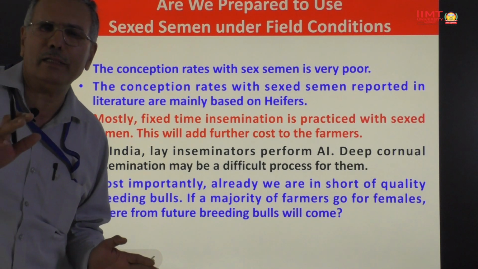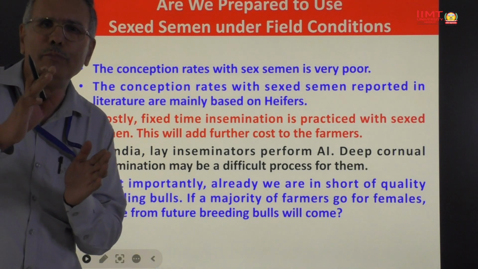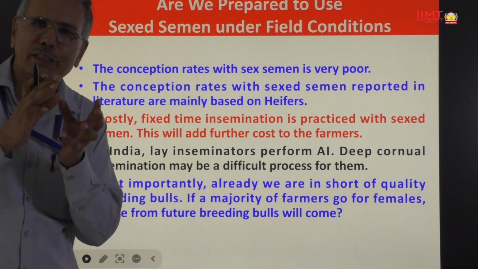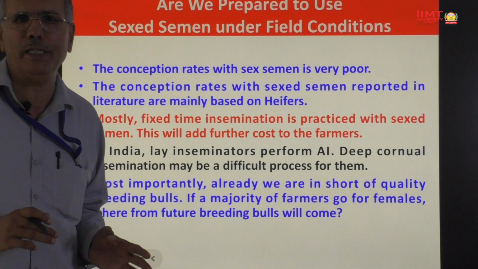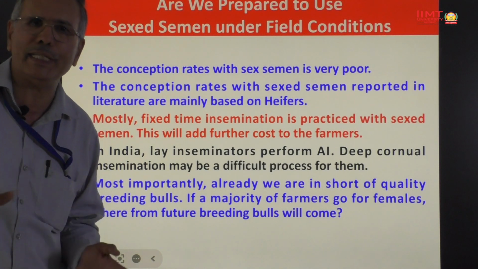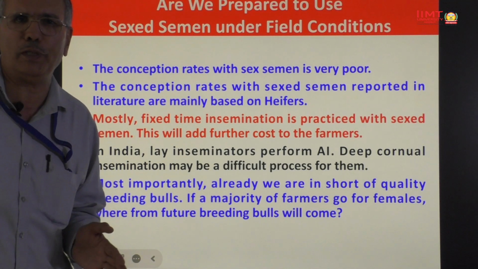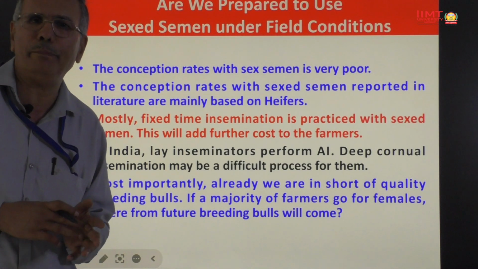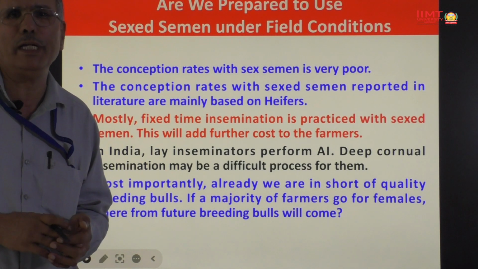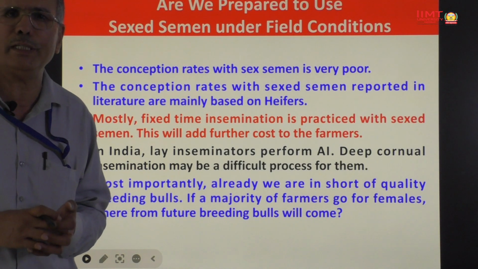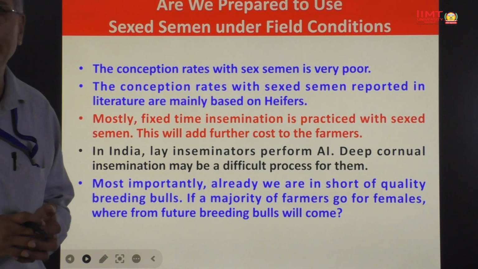सेक्स सीमन का यही है कि हम फीमेल प्रोडक्शन के लिए हम सेक्स सॉर्टेड सीमन तैयार करते हैं, और हर एक फार्मर यही चाहेगा कि उसके यहाँ फीमेल पैदा हो ताकि उससे वो मिल्क प्रोडक्शन ले। और जब मेल पैदा ही नहीं होंगे तो ये अच्छे बुल कहाँ से आएंगे? तो ये भी एक सेक्स सीमन के साथ में बहुत बड़ी समस्या है।